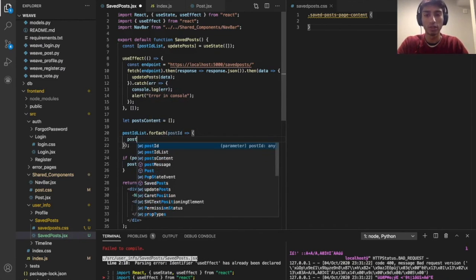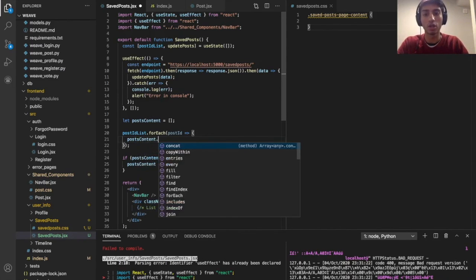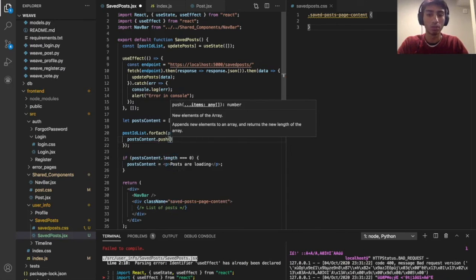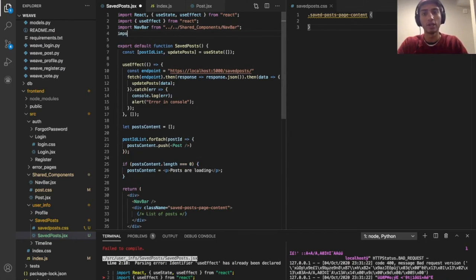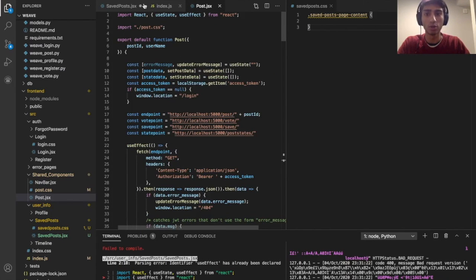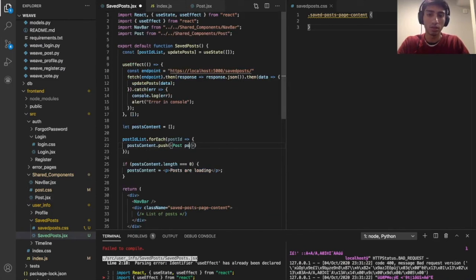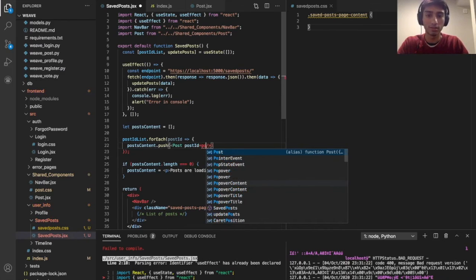And then what we're going to do is push a new posts component to the post content array. So we're going to push a post, and we need to import the post shared component from literally this path. I'll just retype it. Shared component / post. Okay. Now posts expect a post ID and a username. So I can say post ID is equal to post ID,